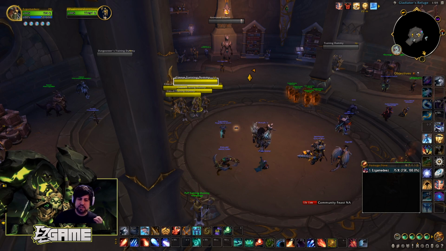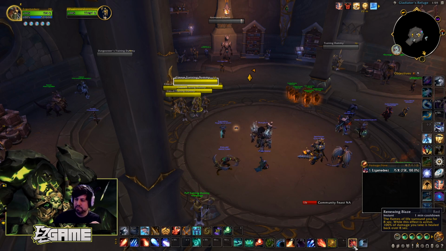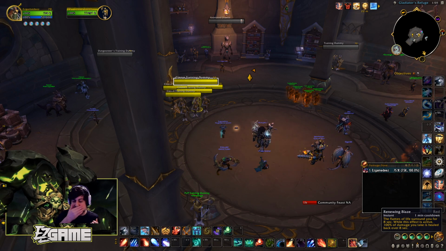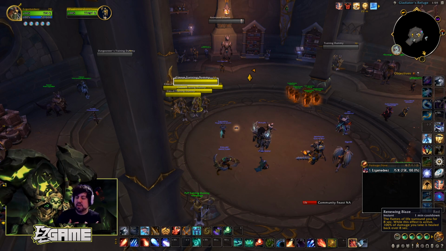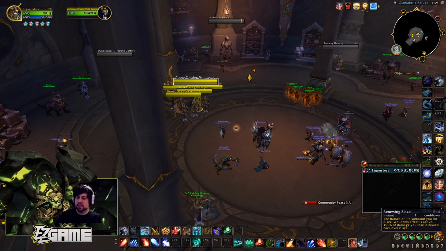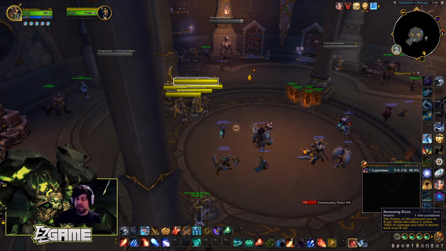Another thing about your defensives, Renewing Blaze, when you spec into it as a 1 minute cooldown, this is a good spell, but you can't use this on its own. The more I've been playing, the more I've been realizing that Renewing Blaze is good, but if you're just relying on Renewing Blaze by itself, you're probably still gonna die, right? Because you want to use this when you're getting bursted down, but it doesn't give you any damage reduction, and it takes 8 seconds for the heal to kick in. So if you're getting bursted down, you're probably gonna die in 8 seconds if you're just relying on Renewing Blaze,